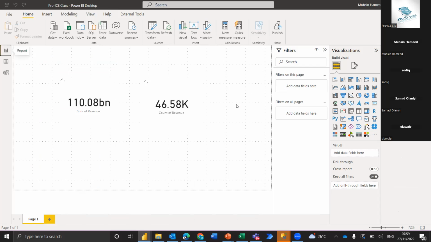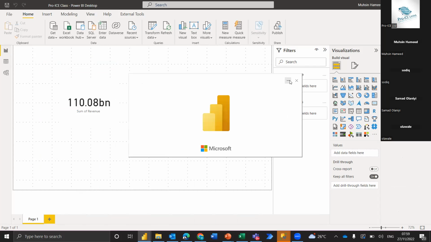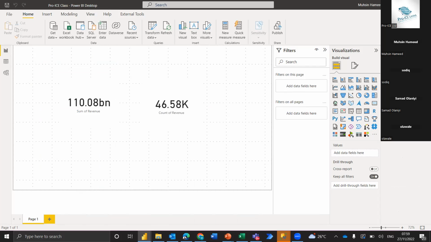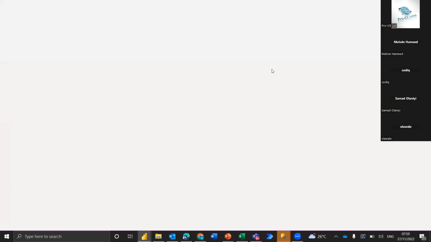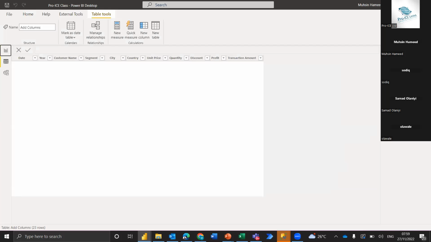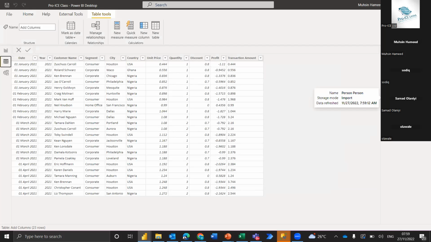Okay, so I guess this is in already. Okay, so I want this to be launching in the background. So I have a new table here. If I come to my data view and I come to the person.person table,